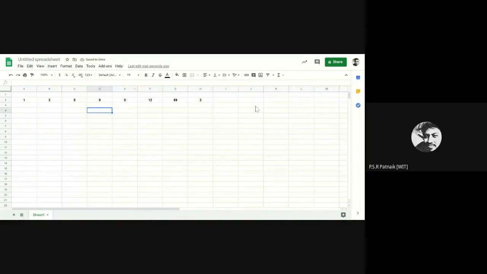So the first approach is to do n scans here. The first approach is to check whether this is minimum and this is maximum or not. Second approach, whether this is minimum or maximum. Third, fourth, fifth, sixth, and so on. So we are going on that basic concept of scanning all the elements and just keeping a note of minimum and maximum. So I think you all know that.